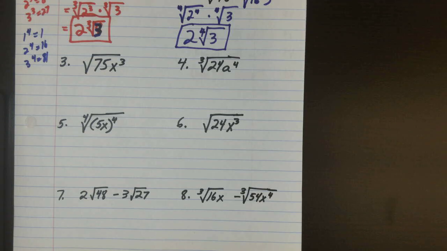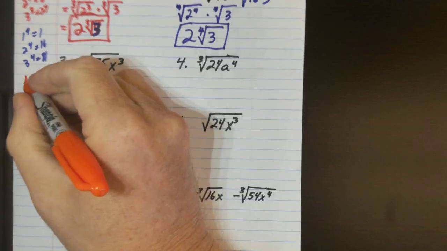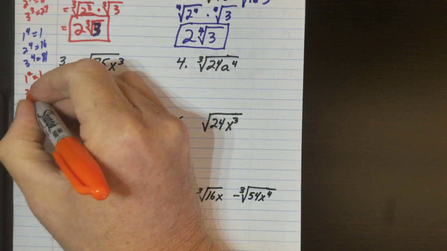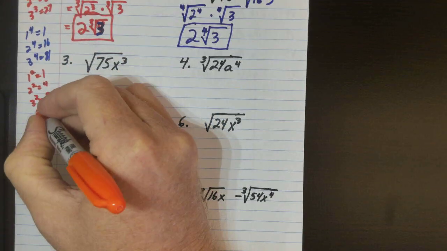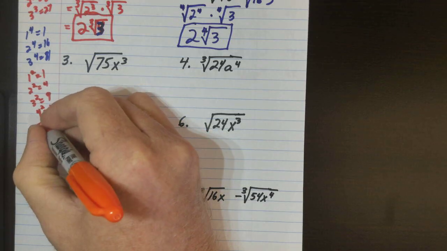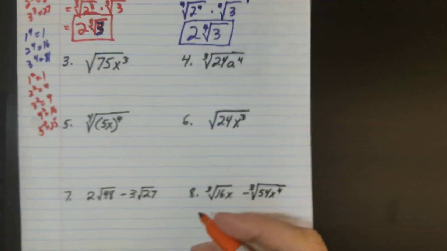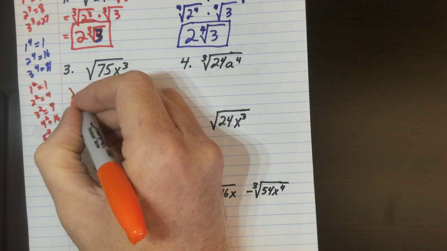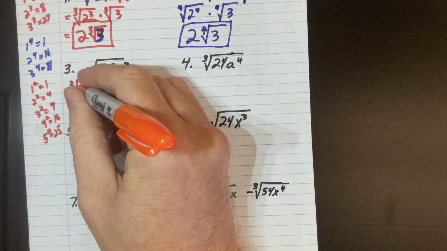Now, this next one, square roots. 1 to the second is 1, 2 to the second is 4, 3 to the second is 9, 4 to the second is 16, 5 to the second power is 25, and 25 goes into 75. So I'm going to split this up. I got the square root of